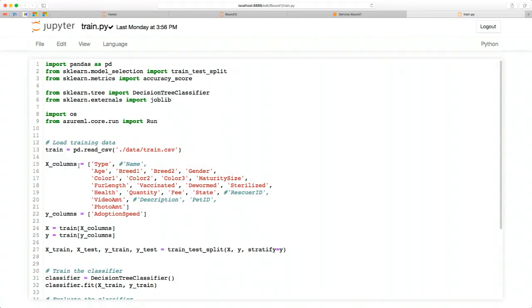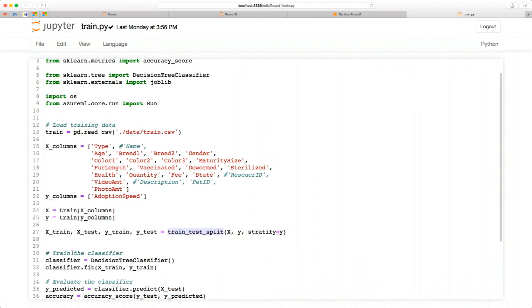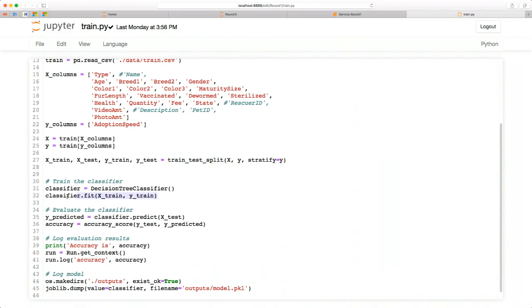I'm telling it, OK, these are the columns I want you to use while predicting, and this is the column I want to predict, sorry. Then I'm creating 2 sub-data sets using those columns. Of course, using the old train test split, and I'm creating thus 4 other data sets. And the training part is as easy as instantiating a new classifier, in my case, using the default hyperparameters, I know, and fitting it on the training data set.